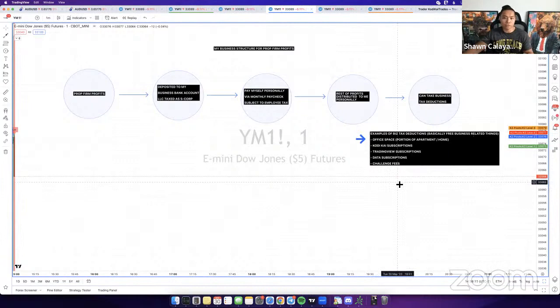So my advice to you, if you're in the US, I would try to pay more and then just try to get that refund at the end of the year versus paying less. Because if you pay less, they're going to hit you with some type of fine, and then they're going to start investigating your account. So you don't want to be investigated. That's when things start to get kind of messy.